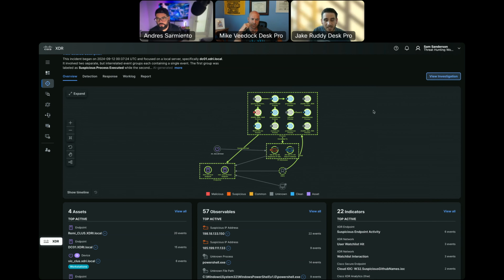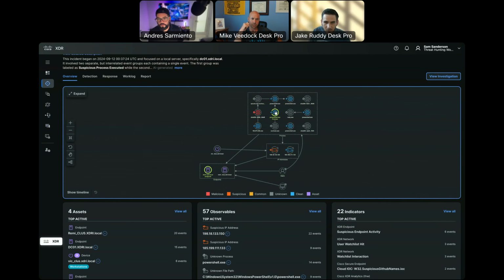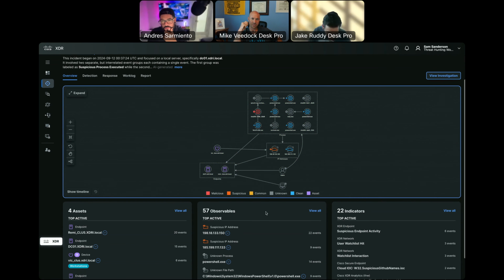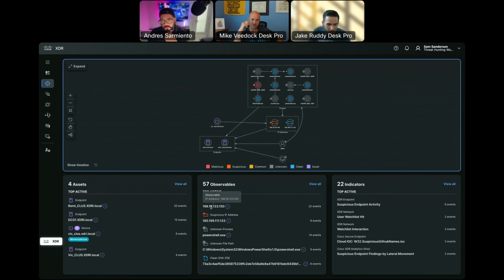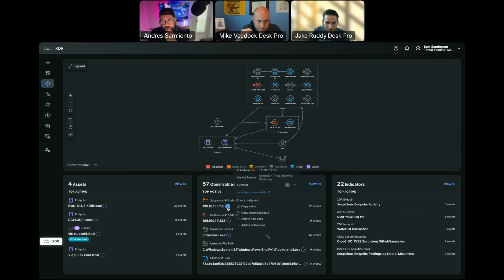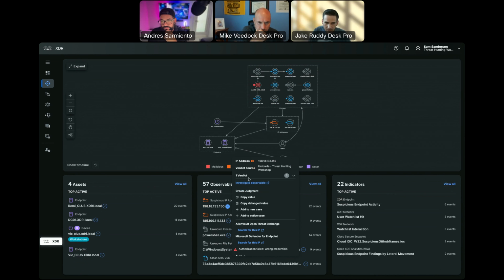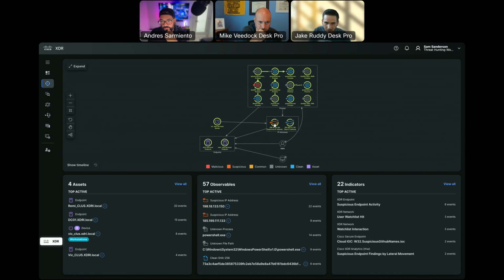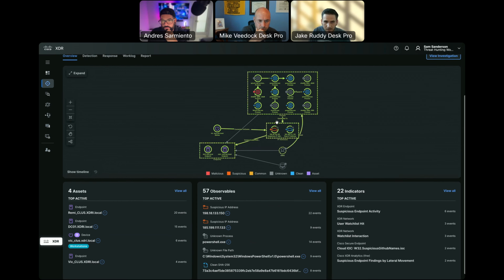We see color coding in here, right? I've got nice blue, sparkly clean. I've got red with a little skull, and then I have this orange with a little eyeball, and then gray. That is the disposition, or the verdict, that we have for these different observables. So if we look at these 2 IPs, I've got this 198.18. I can hit my context menu. I have this context menu for any of the observables that I might see, and I can see that Umbrella happens to have that particular IP as suspicious. Orange is what we use for suspicious.